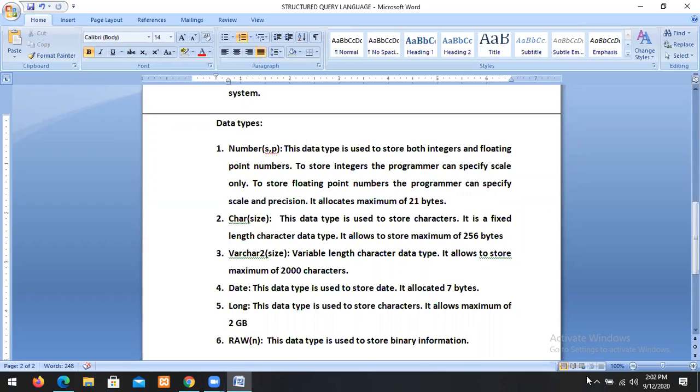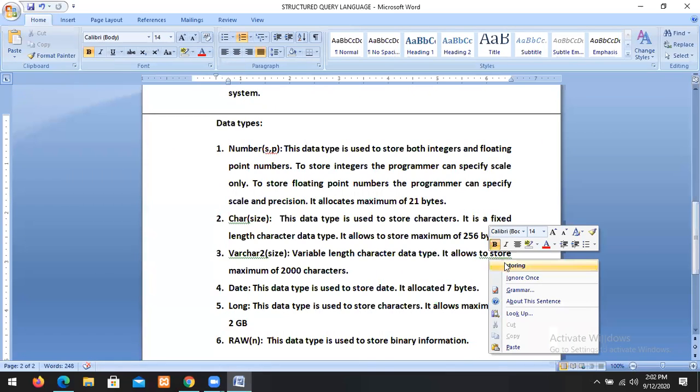Another is char. The char data type is used to store characters only. It is fixed length characters. Fixed length means if you define a char name of 20, it allows to store a maximum of 20 characters. For each variable, it stores 20 bytes. While in the case of varchar2, it is a variable length characters. Variable length characters means depends upon